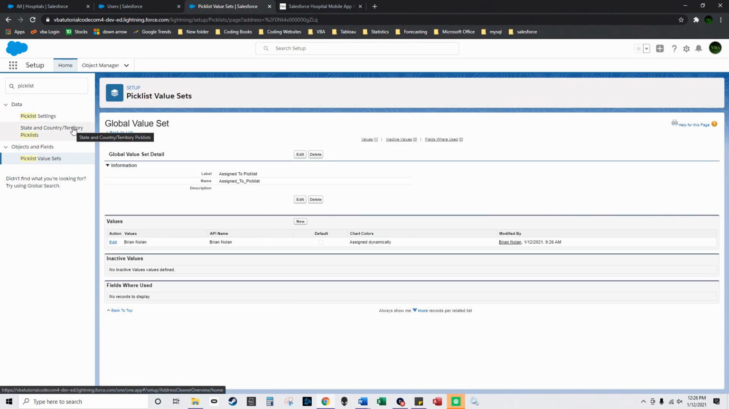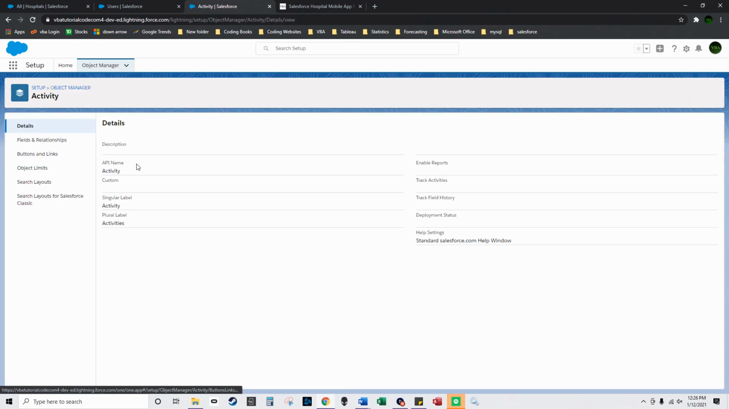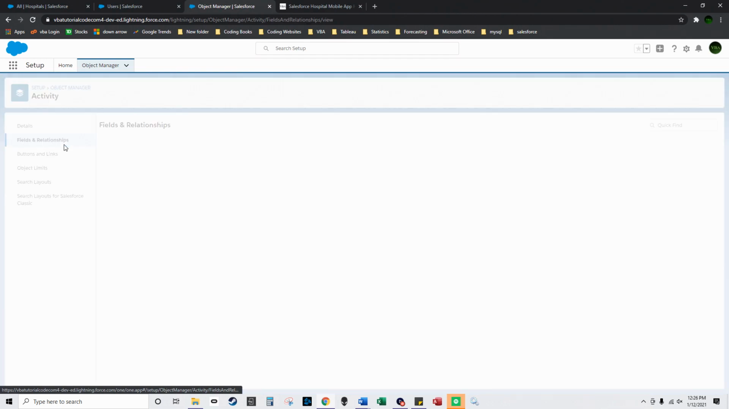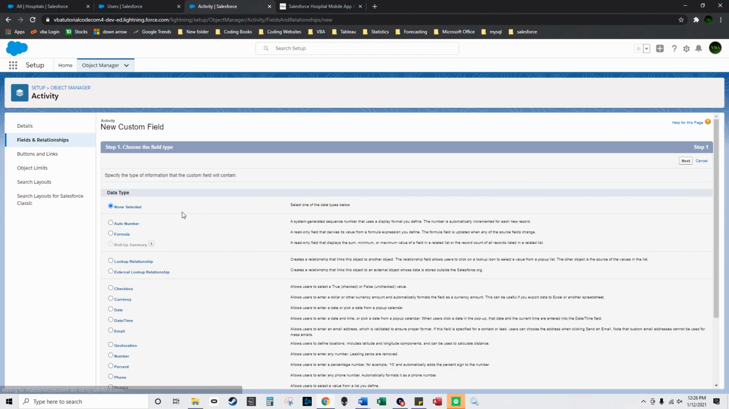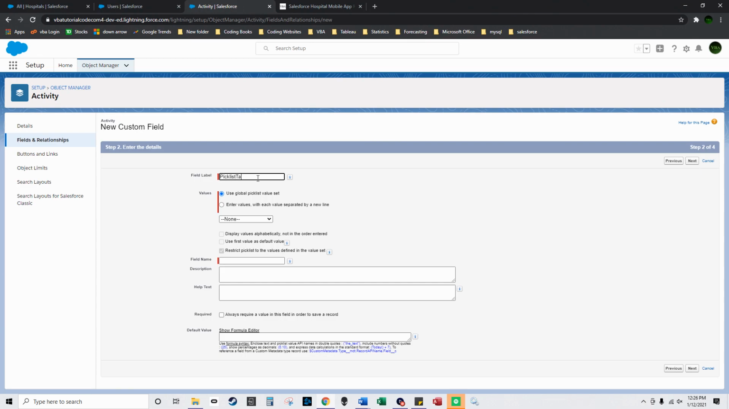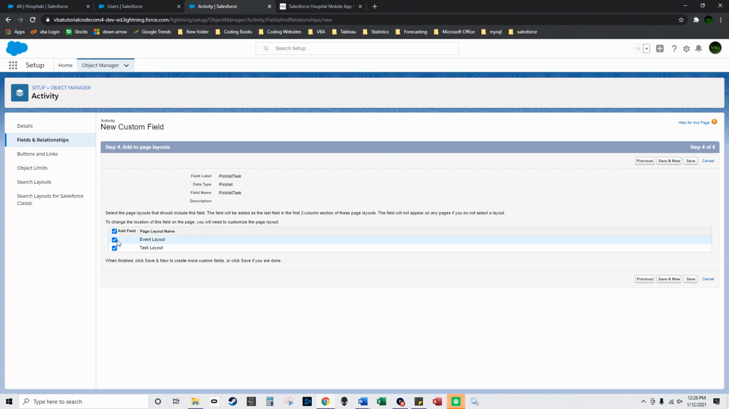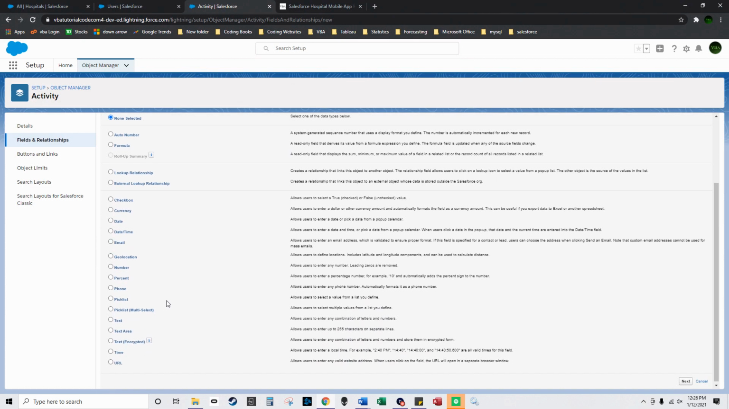So I created my 2 pick lists, and now I'm going to create those fields on my finished task objects. So I'm going to go to Object Manager, and under Activity, I'm going to add in 2 fields called that. So it'll be pick list next, and this will be pick list task, and I'll do pick list task next, visible next. I'll just do it on the task layout, save and new, and then I'll do another pick list